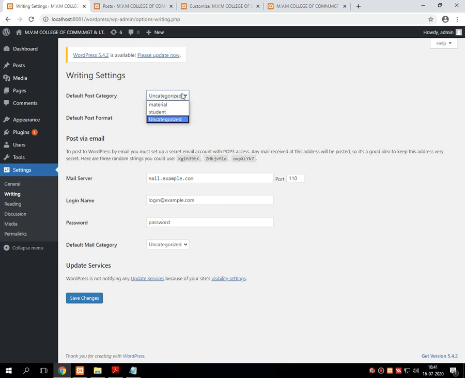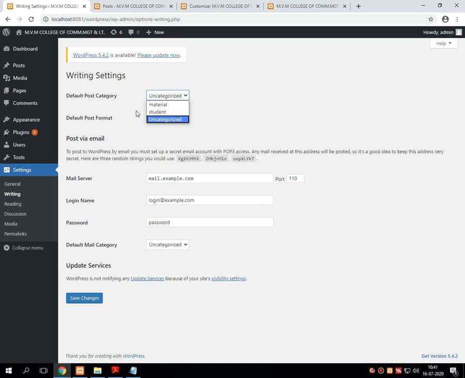By default, suppose you want to take all the comments on a particular post, then it can be set directly from here.